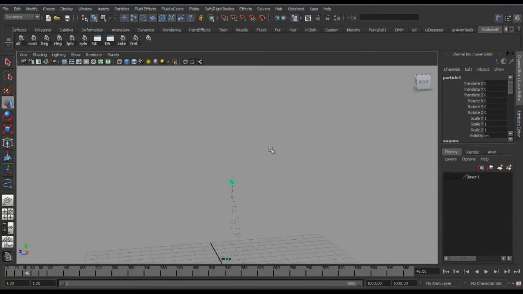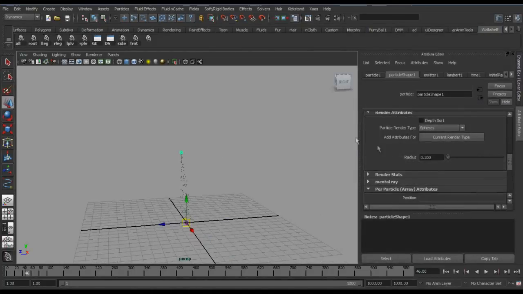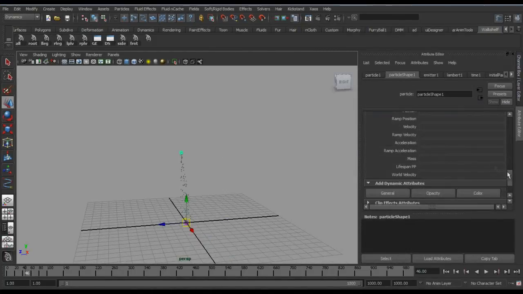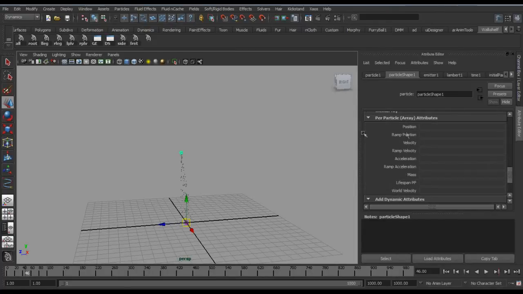I'll select the particle 1 and press Ctrl A. Now you can see I have a couple of already defined attributes here, like position, ramp position, velocity, and so on. But I do not have any control on this particle. I have this control on those particles, but on their own, with their own emitter, and I cannot key